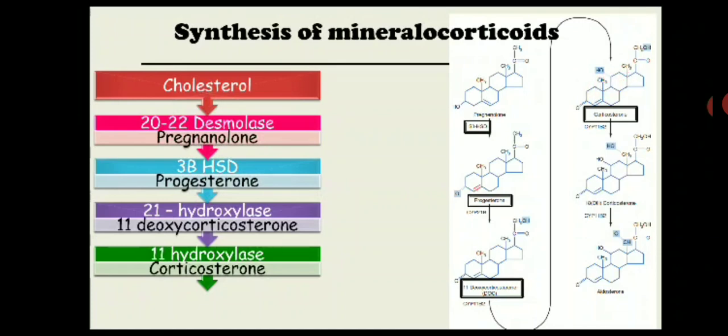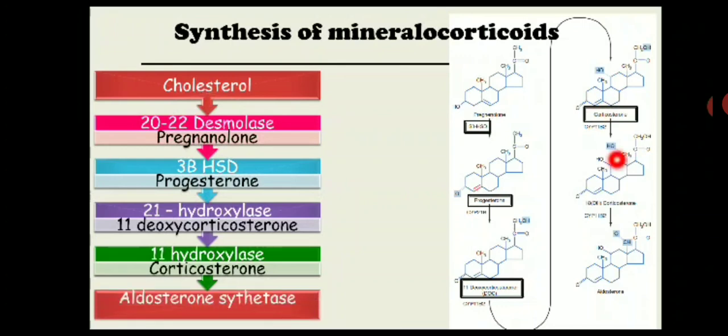See, this thing is not important to you guys, but this is important to understand comprehensively how the mineralocorticoids will be formed. It is not even asked in exam. Now eventually it makes corticosterone. Now after that there is aldosterone synthase. Now what does aldosterone synthase do? It will first do the hydroxylation at the 18th carbon and then dehydrogenase at the 18th carbon. So it will eventually make the aldosterone.